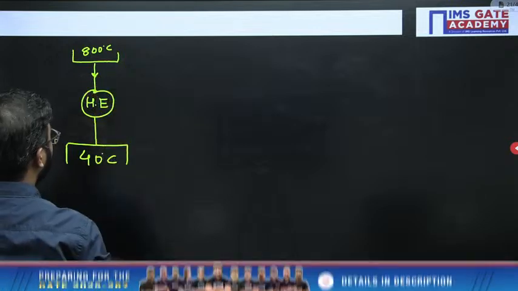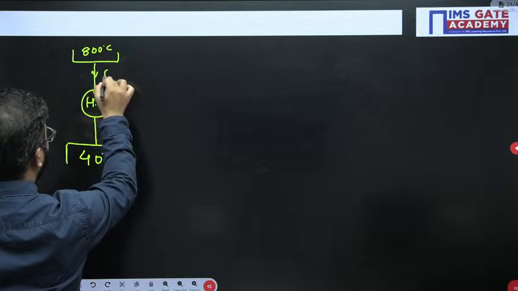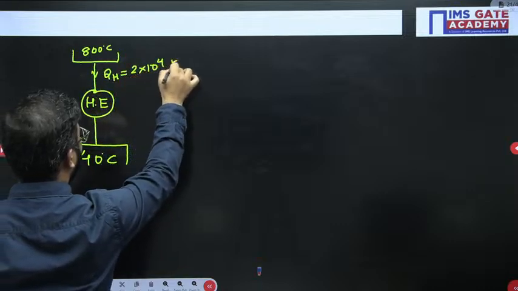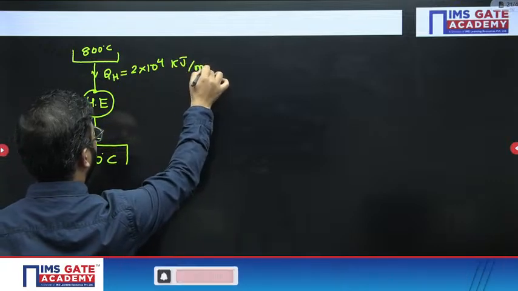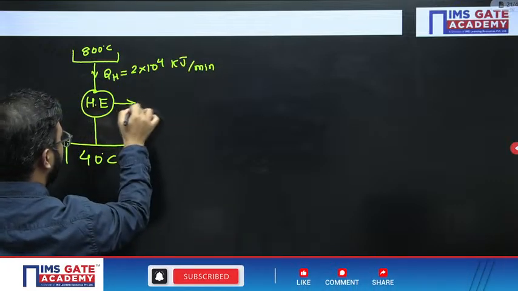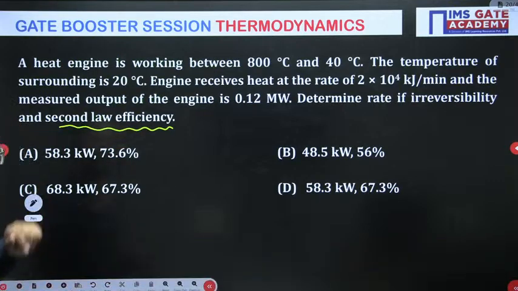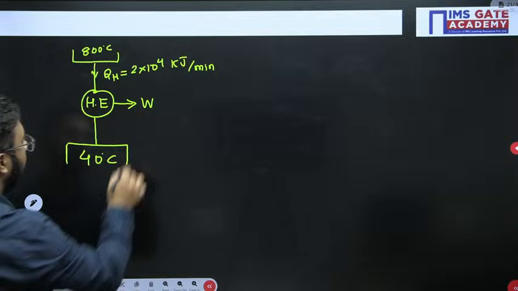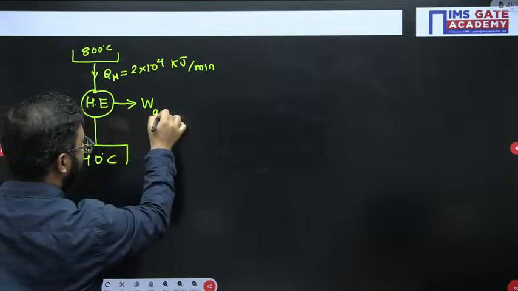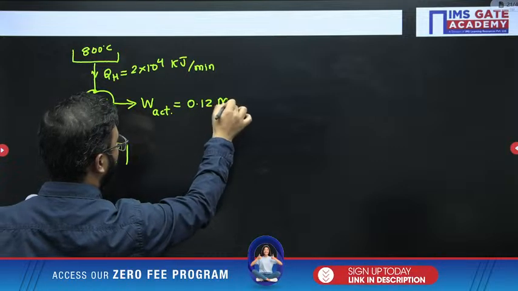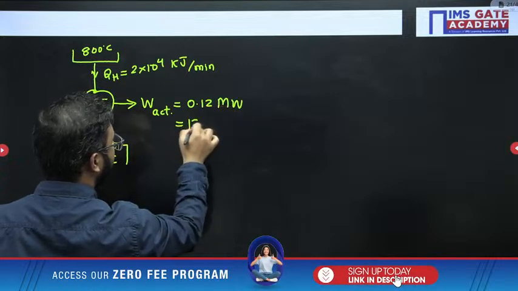Okay, so let us write here QH as 2 into 10 to the power 4 kilojoule per minute, right? Obviously it will perform some work, okay? And the measured output of the engine is 0.12. Measured output means the actual output is 0.12 megawatt, which means 120 kilowatt,